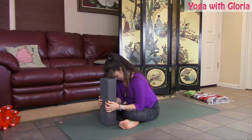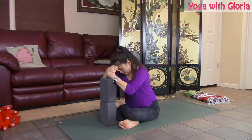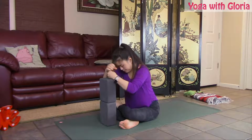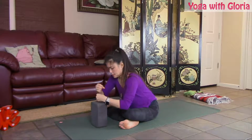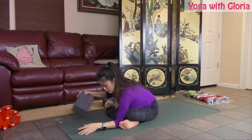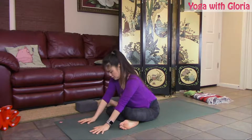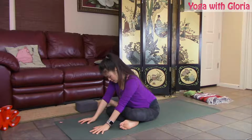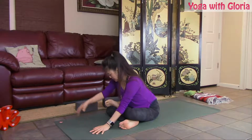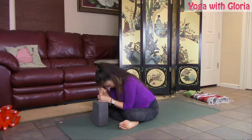As far as you're comfortable, you can use fists. So if you're really tight, you're way up here. Otherwise, you can just come forward. If you don't have props, you can just come down to your forearms like this. Or if the forearms don't work, just straighten the arms and just lean forward. If you do have props, it's nice to have a little support. So whether it's fists,